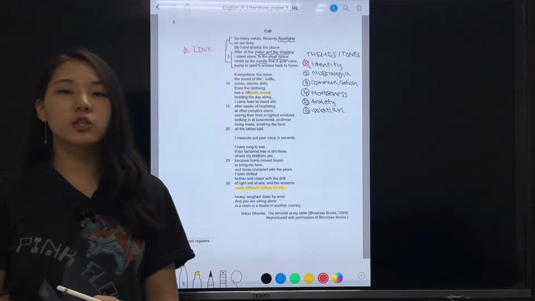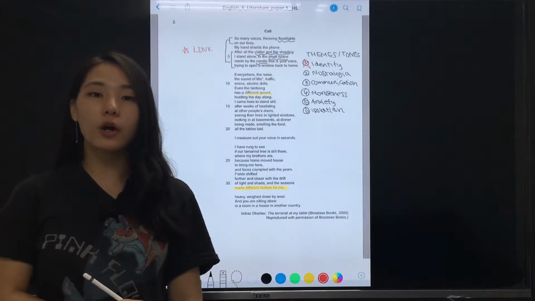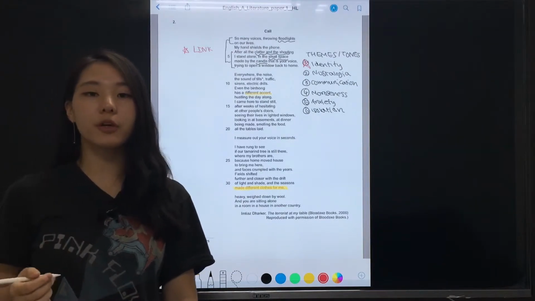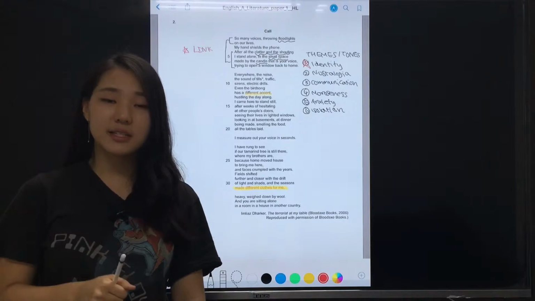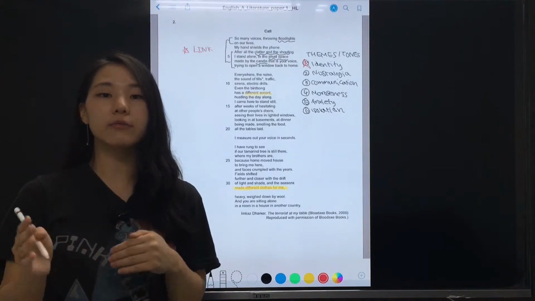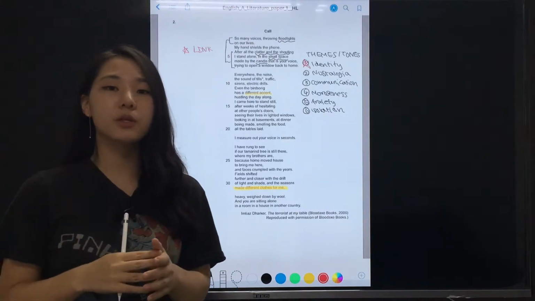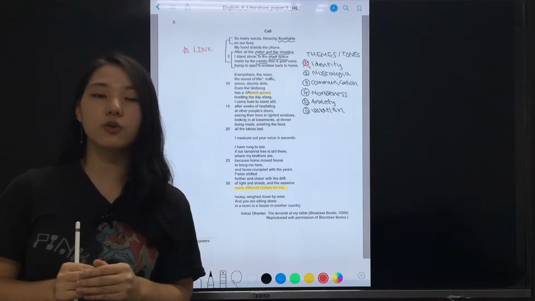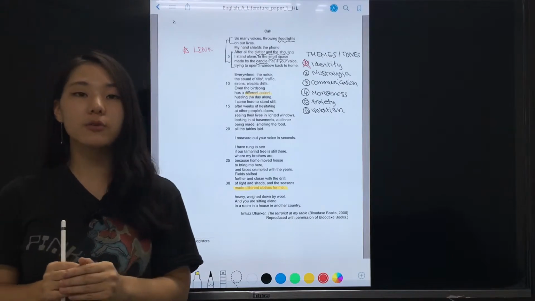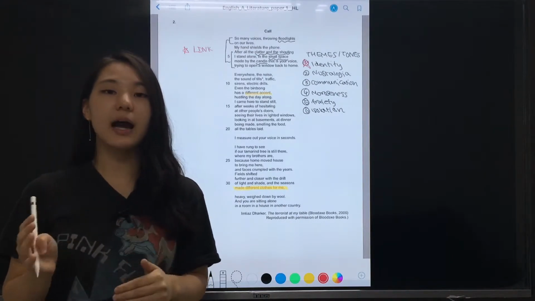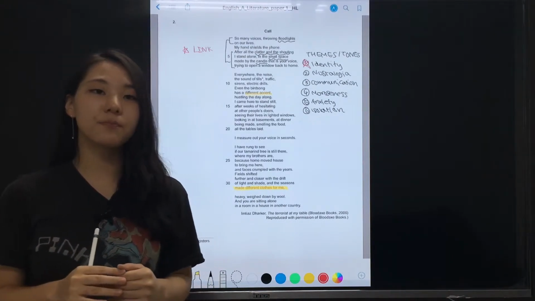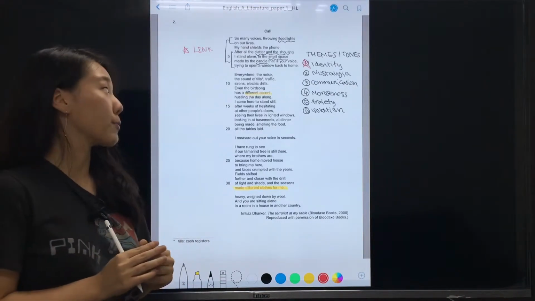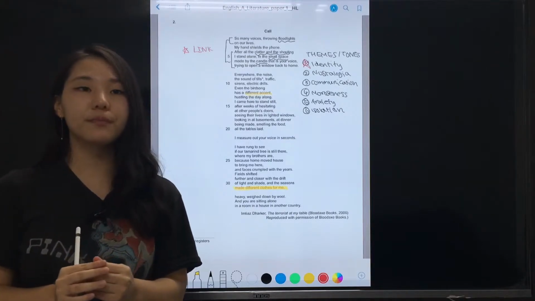I think a lot of English literature students find Paper 1 the hardest out of all the exam papers they have to take, just because you have to come up with a cohesive argument, a thesis and a whole set of body paragraphs in a limited time period. For SL students it would be 1 hour and 30 minutes, and for HL students, 2 hours. I'll quickly go through some crucial steps that have to be taken in the Paper 1 exam using a recent past paper question, using this poem Call by Darker.